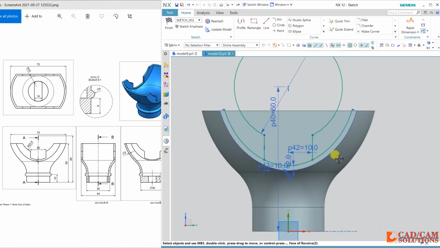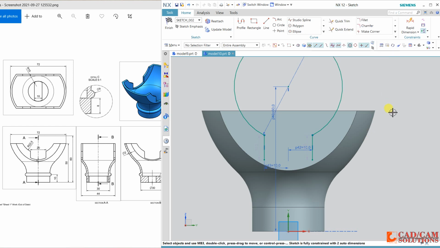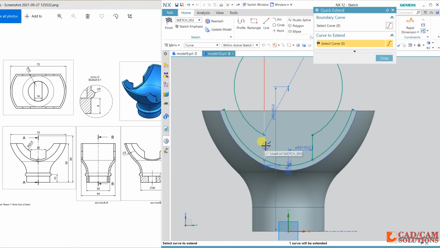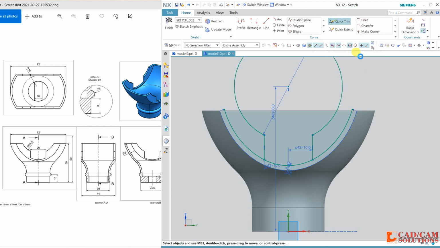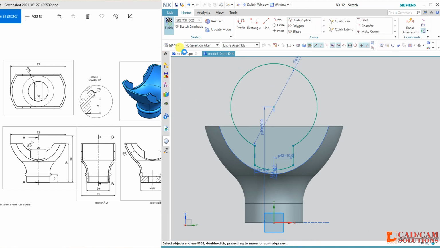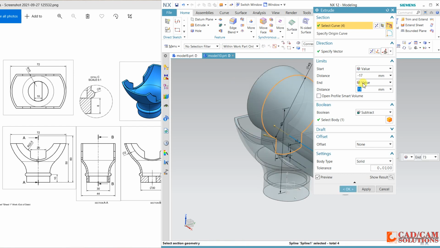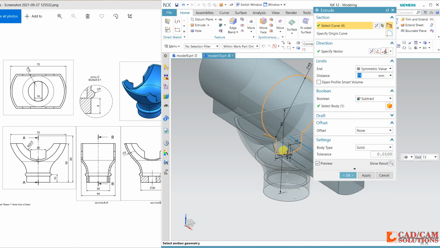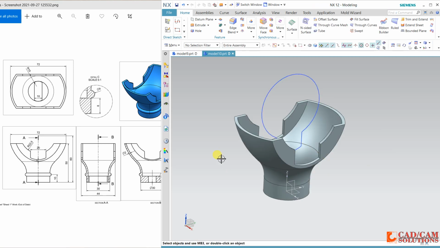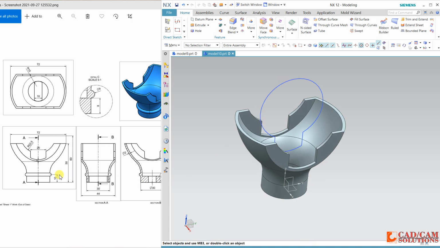Okay, now I will trim this curve. Okay, just undo this and select this extend. Now these lines are properly joined. Okay, finish this, and I will select extrude command to cut this. Select the symmetric value so that it will cut symmetrically on both sides. See, now